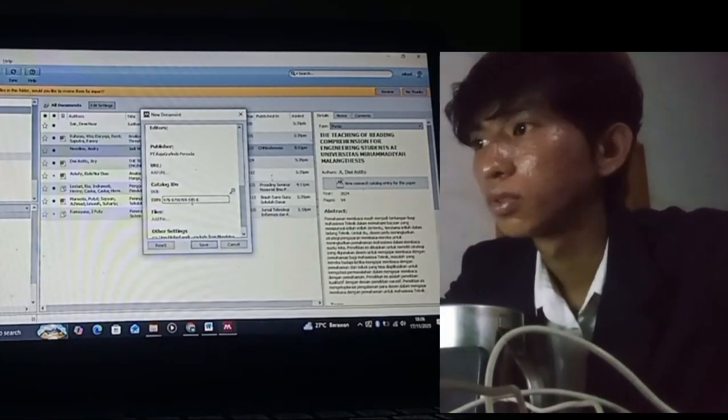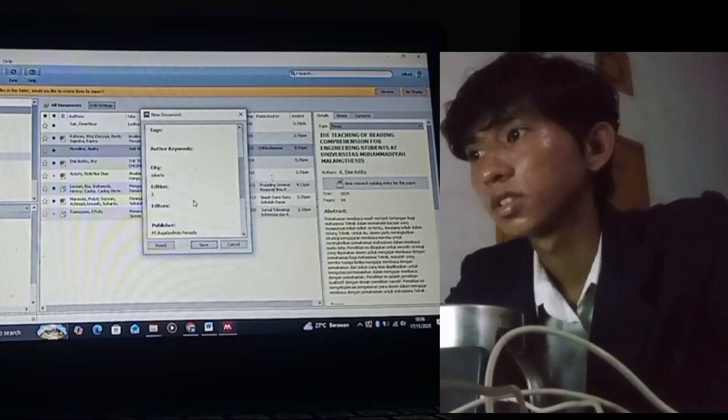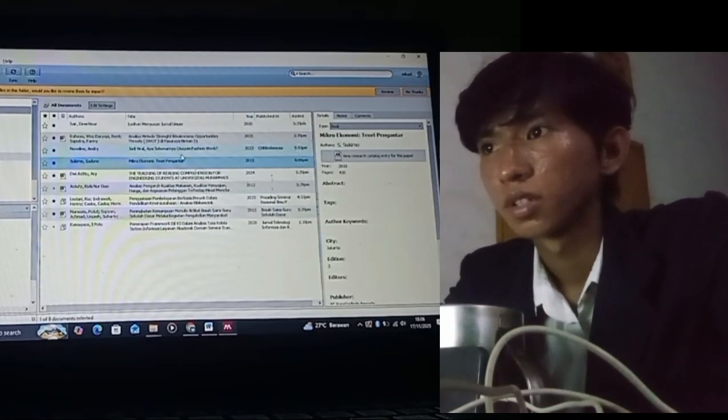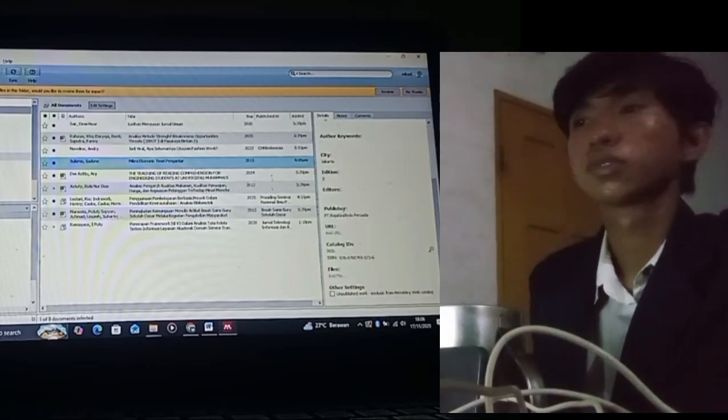And this is how to cite a book. You can save, and this is how to cite a book.